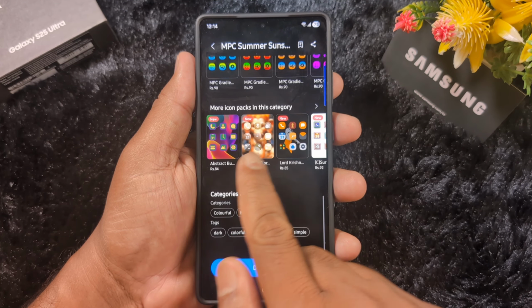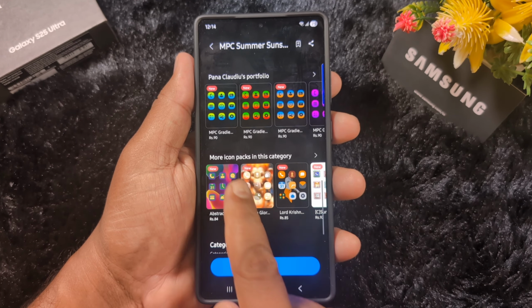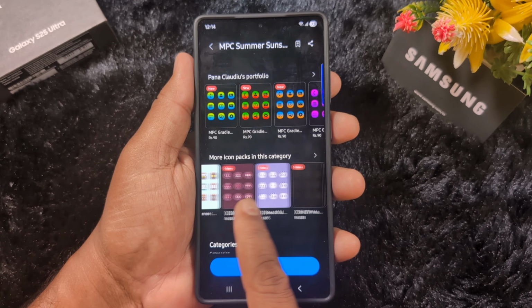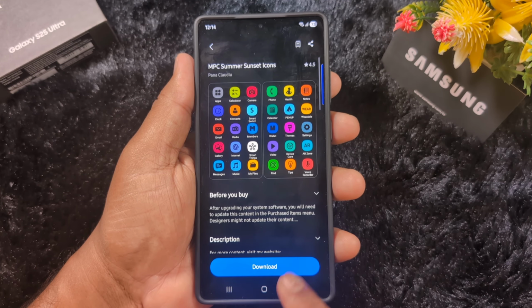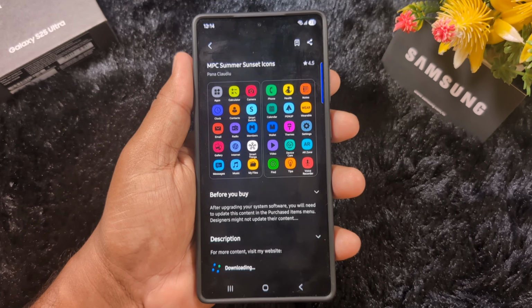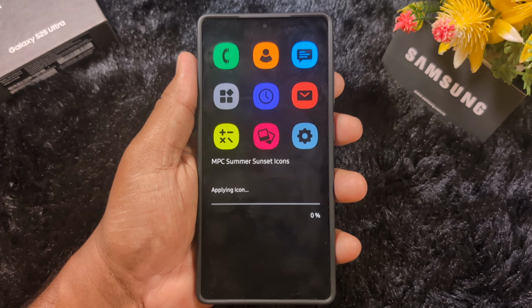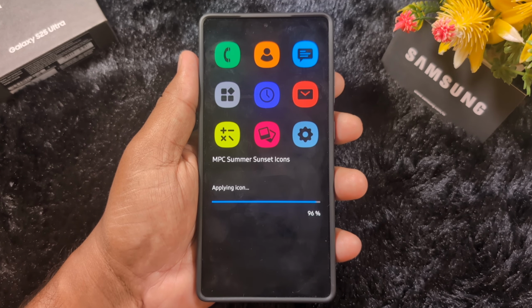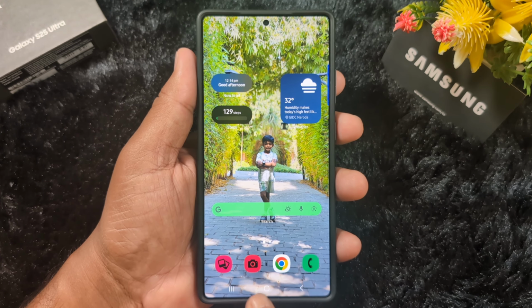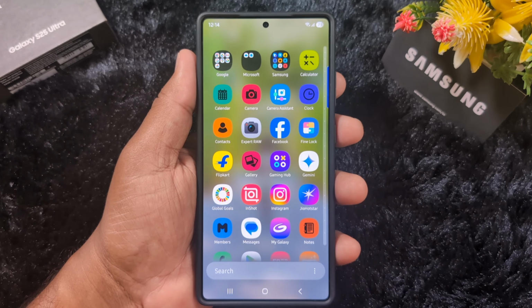At the bottom, you can see how it looks on your device. You can also see more icon packs in this category. So you can also select from the available list. So first of all, select the app icon and tap on the download button on your One UI 7. Now download, tap on the apply button. Now applying icon to your device. Now you can see the changed app icon on the home screen and app drawer on your One UI 7